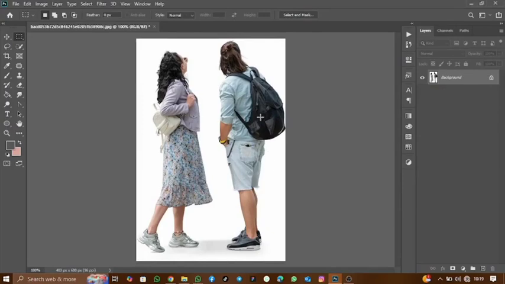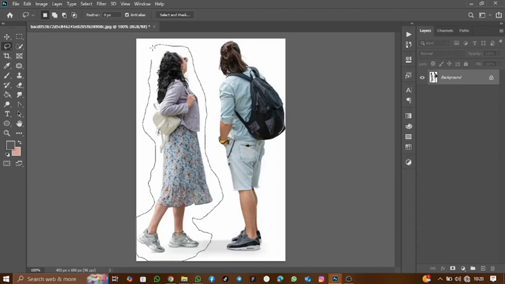In this video, I'll be teaching you two different ways you can use to remove a person or object from a photo. The first method is using the lasso tool. Then you select the area you want to remove. You have to be careful so that you do not cut off the other person's leg or hand. So after selecting it, you go to your Select,